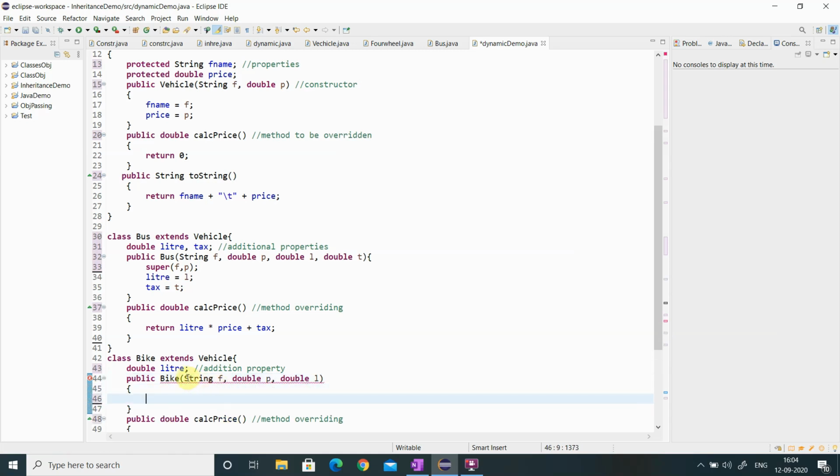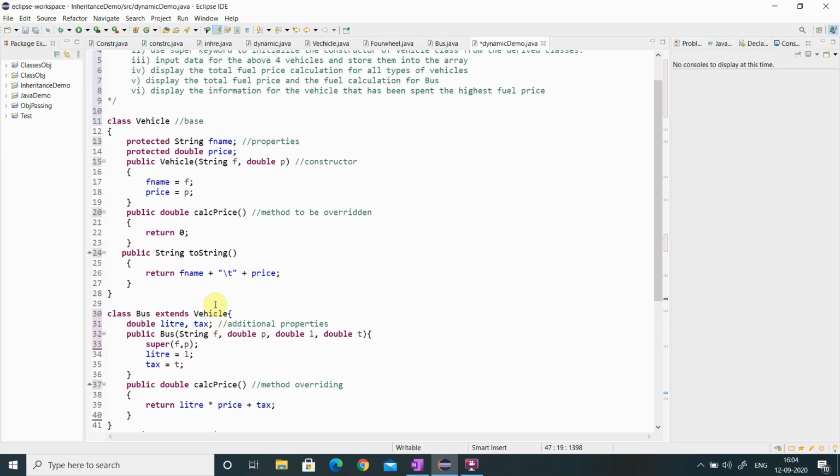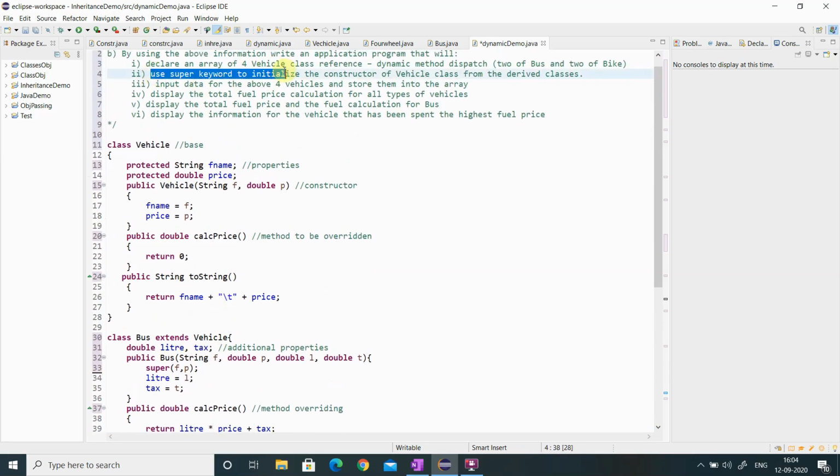The first two properties belong to the base class, so use the super keyword to pass the first two properties to the base class, and the last property is assigned to the liter. Now this is over. We use the super keyword to initialize the constructor of the vehicle class from the derived class.